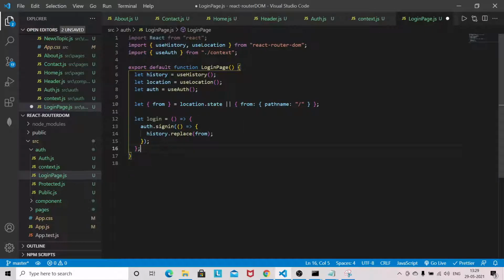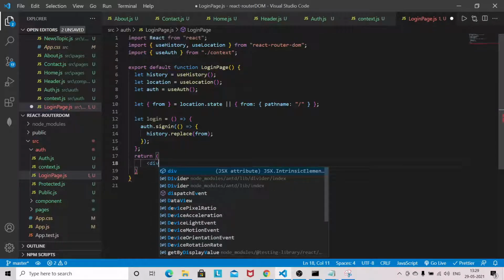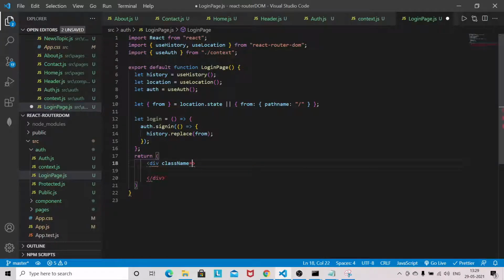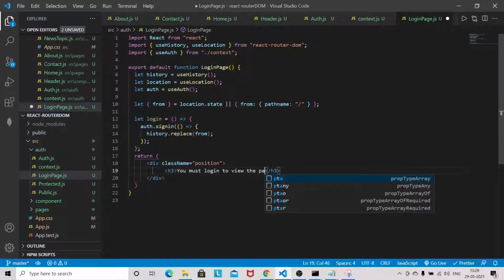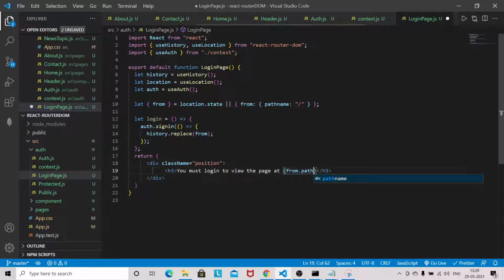Okay, so let's return some content here. So div className position, h3. I'll write: you must login to view the page, and I will give the pathname here, basically informing the user that you are accessing this protected route.